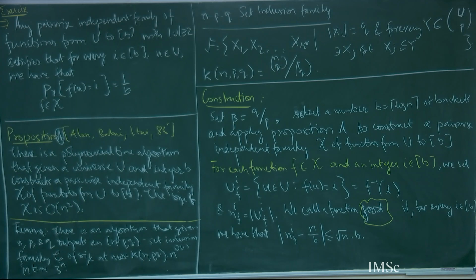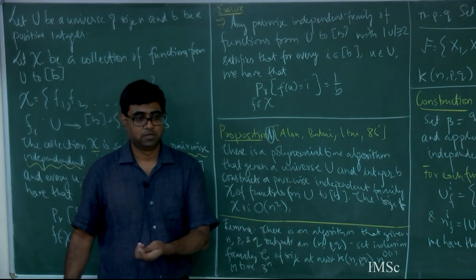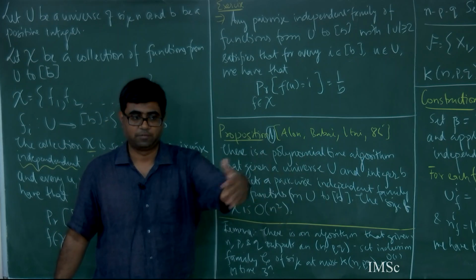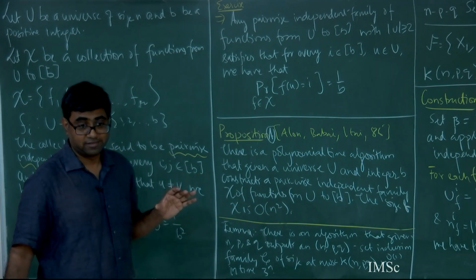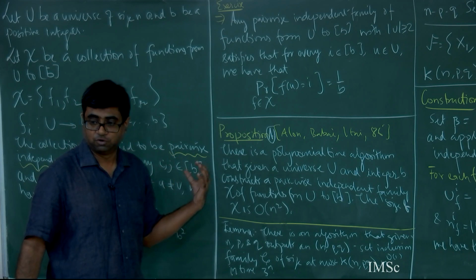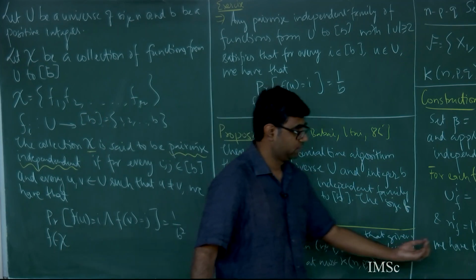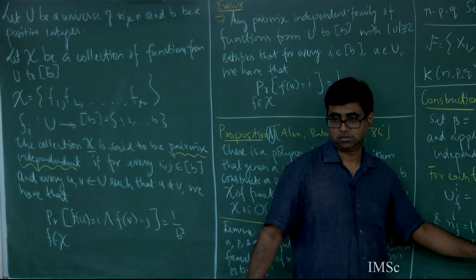And if you look at the last time's computation, what we know is that at least one of the functions is going to be good for our purposes in this particular chi. Of course, if I take all functions, there are functions which are good, but among this small collection chi also I will find such a function, because as Rohani was saying, just take the first n by log n, map it to 1, next map it to 2, and so on. But that function is also a function from U to B, but that may not be part of my chi, right. All I can guarantee from chi is that I have such a function, okay.